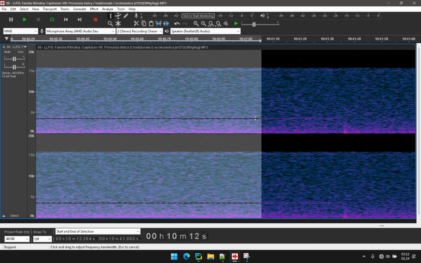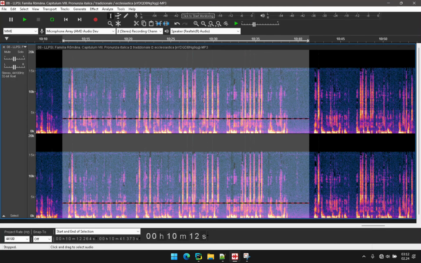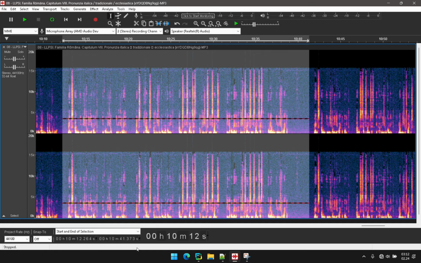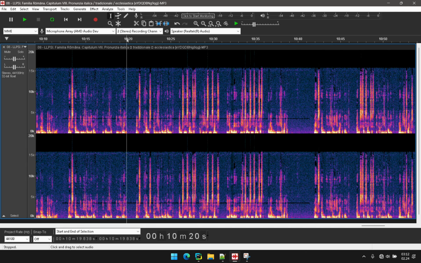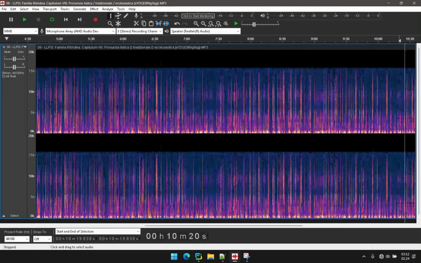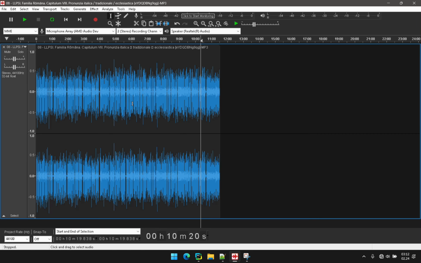I don't think zooming in actually helps at all. That should be good. And then there's an effect called spectral delete. So just click that, and it should get rid of the tone, and you don't really lose any comprehensibility in the audio. So then the last thing I would do is find, it might actually help to go back to waveform here,